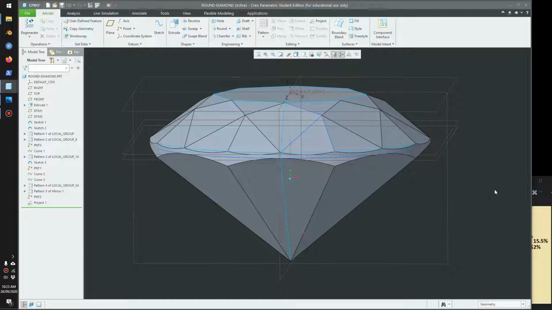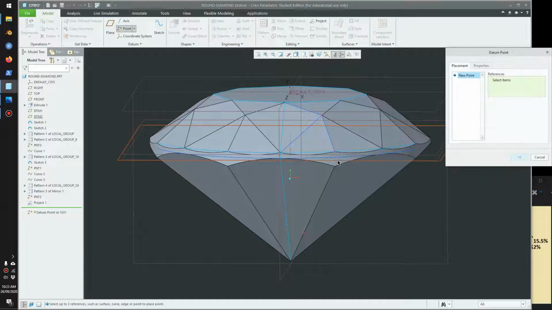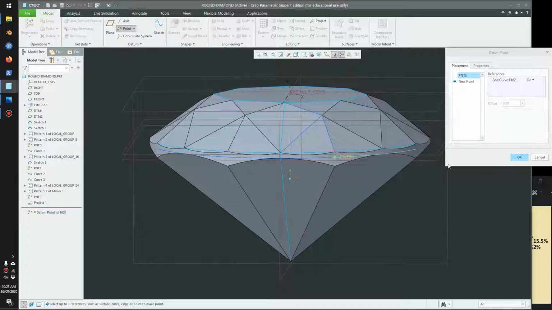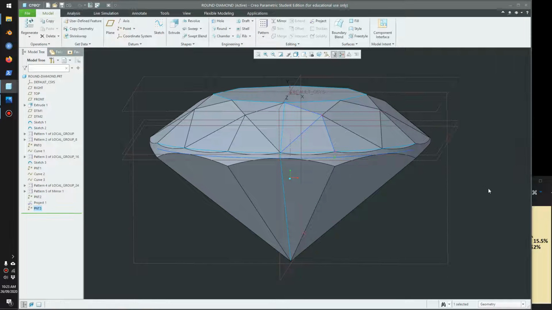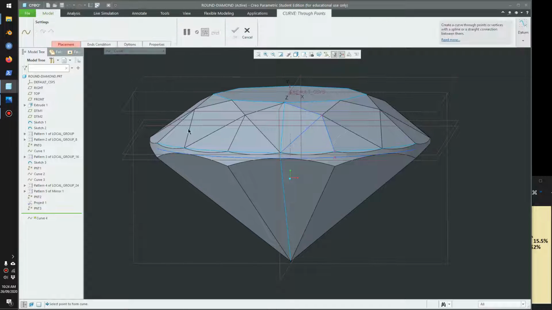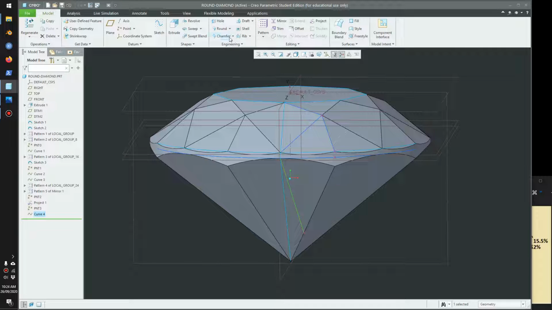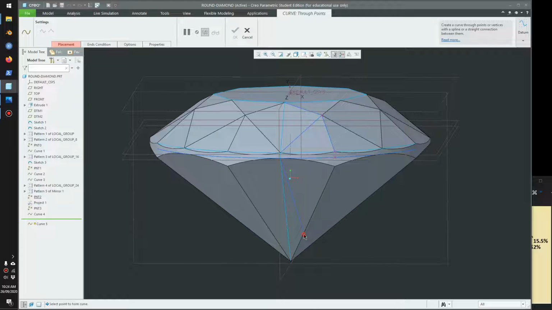Okay, so we'll need to put a point here, and OK. Okay, next I'll create a curve from here to here, and I'll deselect and do one more curve from here to here,